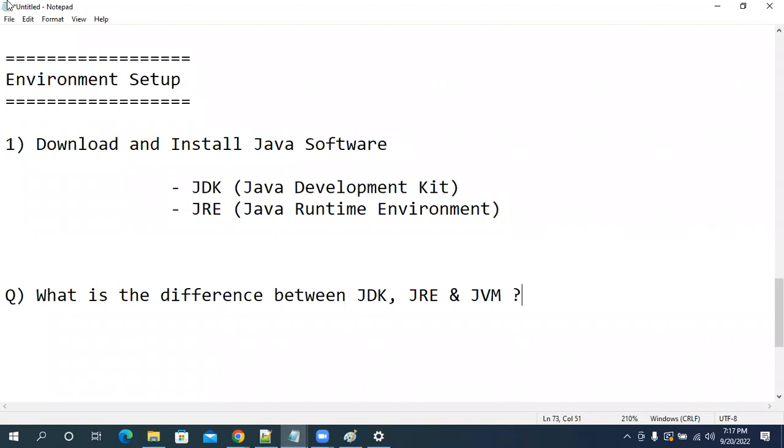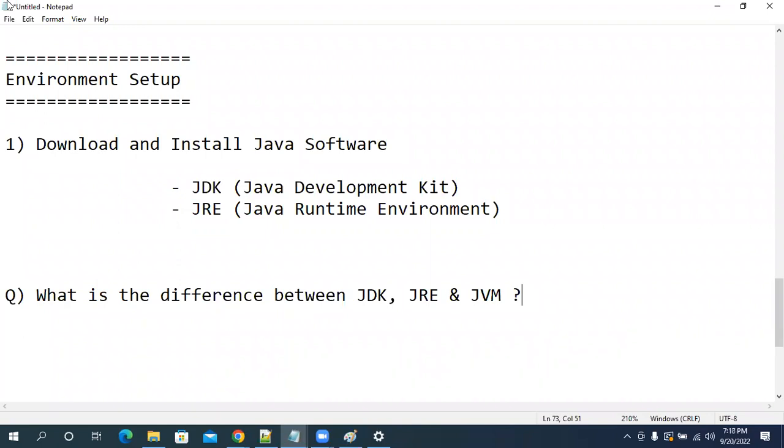JRE will give you a platform. JVM is going to do the action. JRE, nothing but runtime environment. JVM means Java Virtual Machine, which will load your bytecode, understand how much memory is required for execution, and convert the code into machine understandable format.